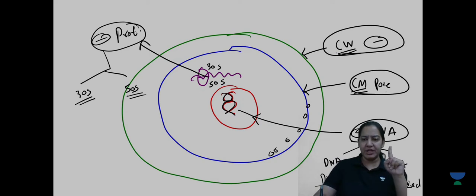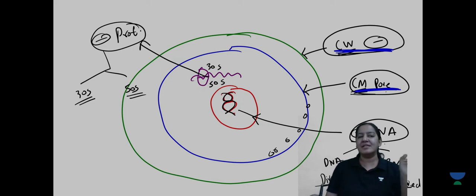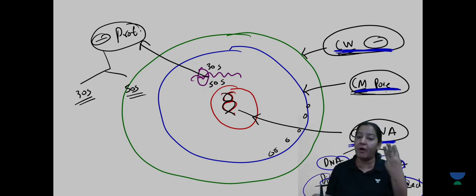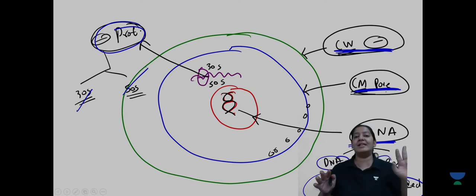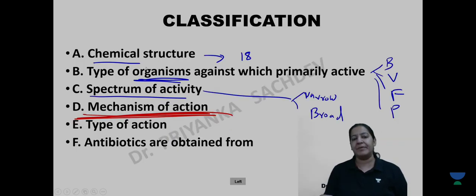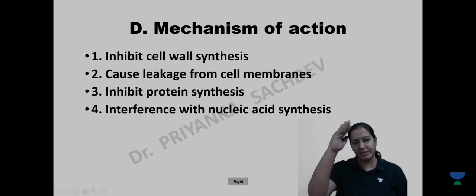So there are some antibiotics which inhibit cell wall synthesis. There are some antibiotics which cause pores in the cell membrane. There are some antibiotics which inhibit nucleic acid synthesis. Now nucleic acid can be DNA, can be RNA. They can be direct inhibitors, they can be indirect inhibitors, right? Indirect inhibitors means they inhibit folic acid, not directly nucleic acid. And there are some antibiotics which inhibit protein synthesis inside the bacteria. They are acting on the ribosome. So some act on 30S, some act on 50S. So these are the four categories of antibiotics based on their mechanism. So based on the mechanism of action, we classify them into four categories.